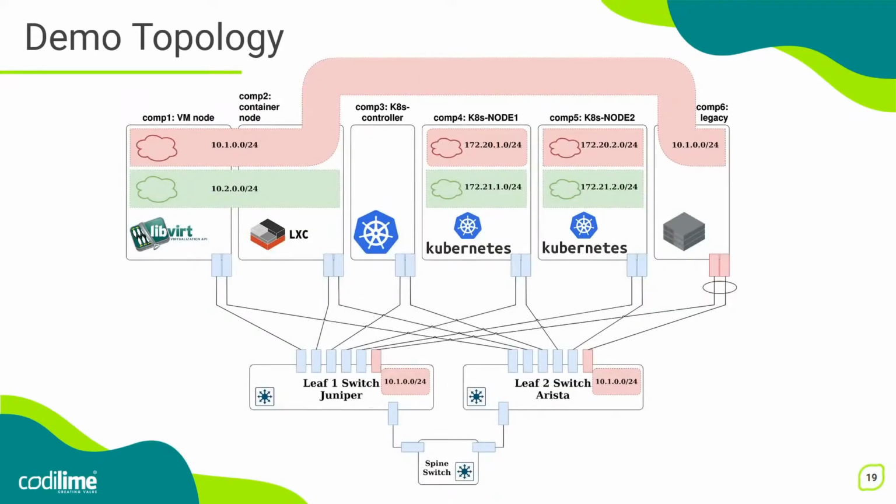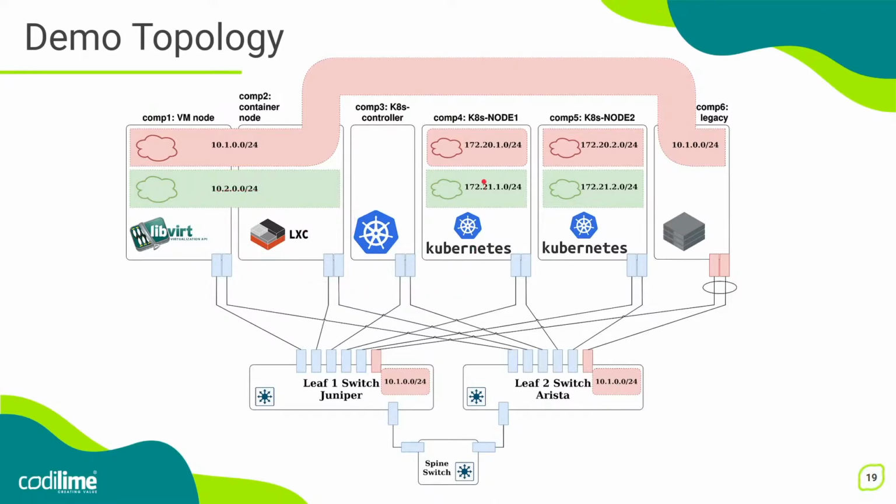Okay, so we have VRF, so let's talk about IP address assignment. On the compute 1 and compute 2, and also on the legacy server, we have stretched one network 10.1.0.0/24. So all resources on the compute node 1, VMs or containers placed in the VRF red, will be visible on layer 2 and will be given IP addresses from that address space. The same goes for the VRF green. There is 10.2.0.0/24. So VMs and containers placed in VRF green will be given IP addresses from that subnet.